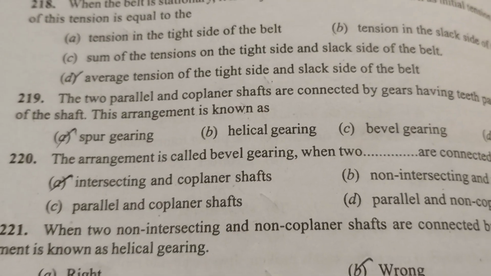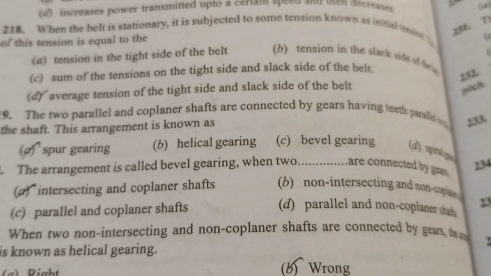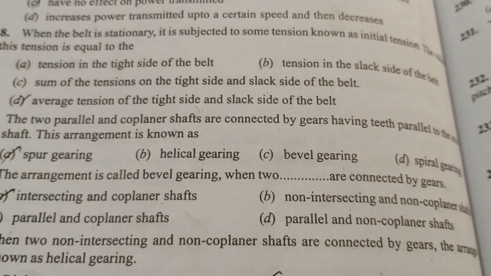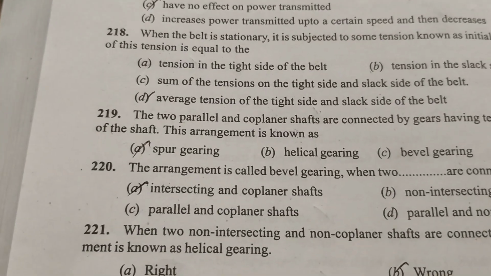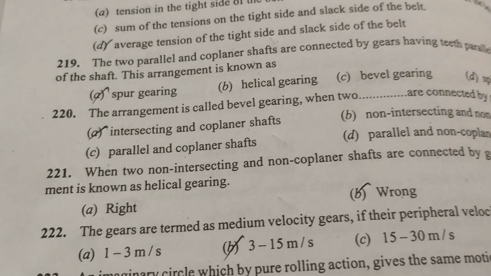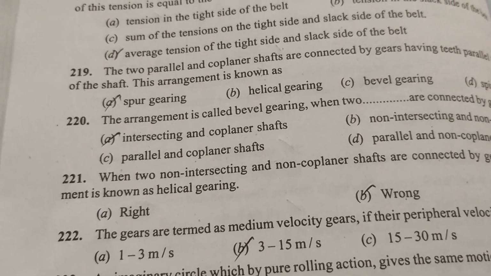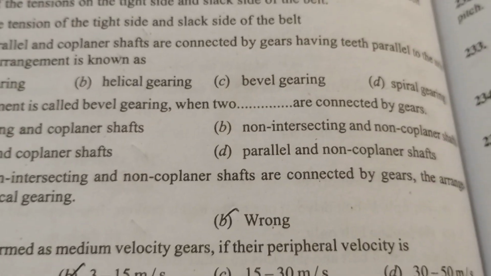The two parallel and coplanar shafts are connected by gears having teeth parallel to the axis of the shaft. This arrangement is known as spur gearing. The arrangement is called bevel gearing when two shafts are connected by gears